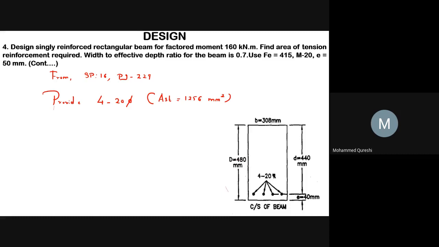Hence, here your capital D overall depth, your b 308 and small d 440, and the value of